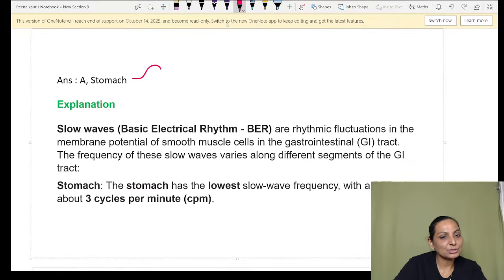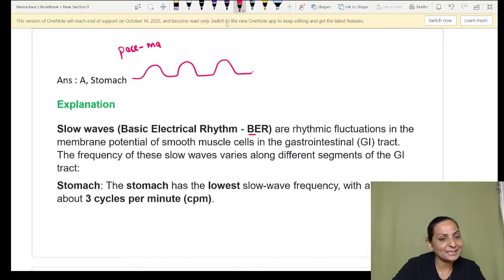So remember, these slow waves which you get in your GIT, which are also called the basic electric rhythm, are generated by the pacemaker cells, the interstitial cells of Kajal. That means they are not brought about by the enteric nervous system or the gut brain. They are brought about by the interstitial cells of Kajal, which are supposed to be the pacemaker cells,